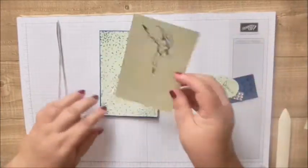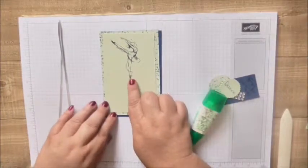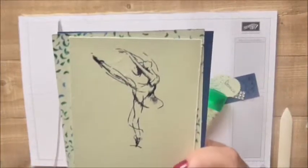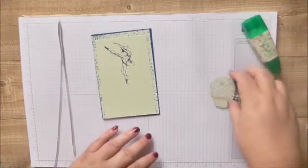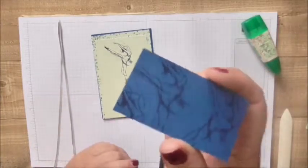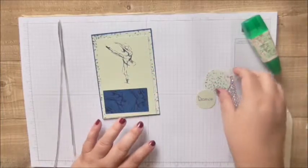Then I've got a layer of Soft Seafoam, which is going on top there, and onto that I've used Night of Navy, and I've stamped the Ballerina from a stamp set that I picked up online. Then I stamped the Ballerina again onto a piece of Call Me Clover that's going to go across there, and